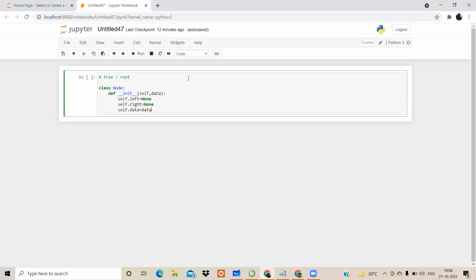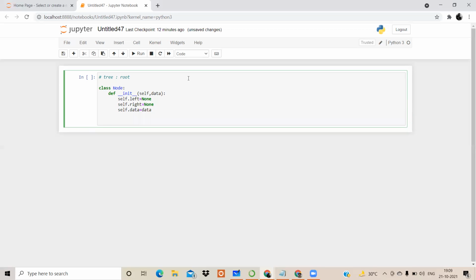But currently, as I said, we are writing a very simple kind of code just to understand how to create a node and print that node. That's why we are keeping both of them as None. Then this node creation is done. Now I simply want to print this. So I can create one method, which I can call, say, print tree.